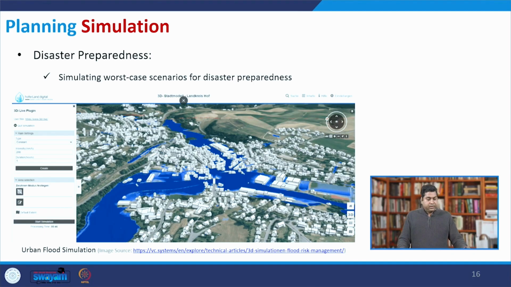Now this is a very important and interesting slide, where through simulation you can also see the possible disaster that may happen due to certain sort of natural calamity. Disaster preparedness is something where we can apply simulation. It is simulating the worst case scenarios for disaster preparedness. In this particular image, you can see an urban flood simulation,